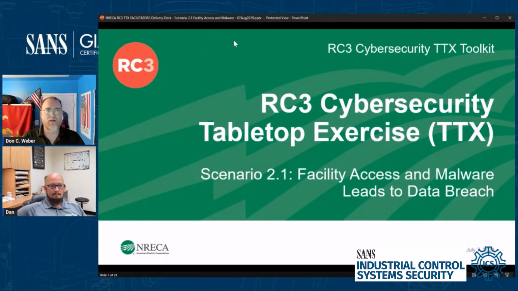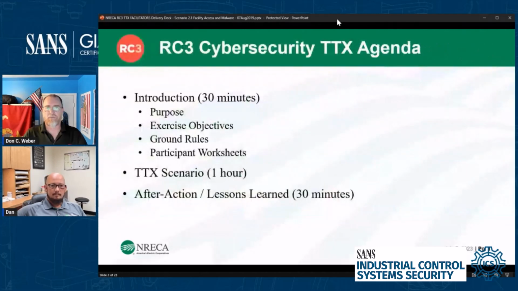I've kind of called it up, but I believe this is your blank slate tabletop tool that you're using as part of the tabletops. Correct. Yes. Awesome. So here's a brief introduction, the actual tabletop scenario, which takes about an hour, and then followed with the lessons learned. So within 2 hours of sitting down,